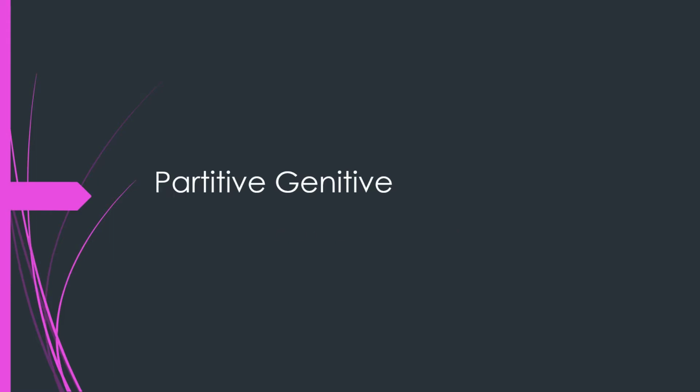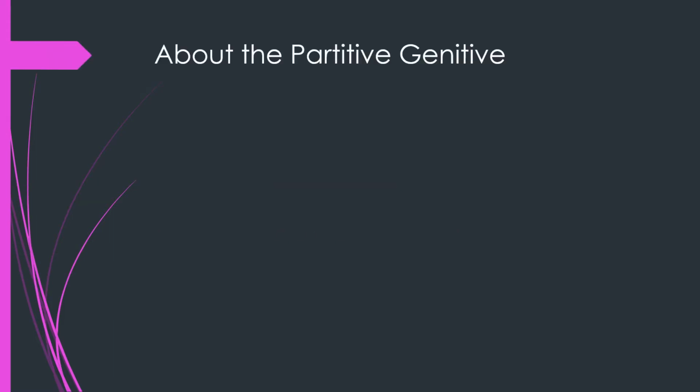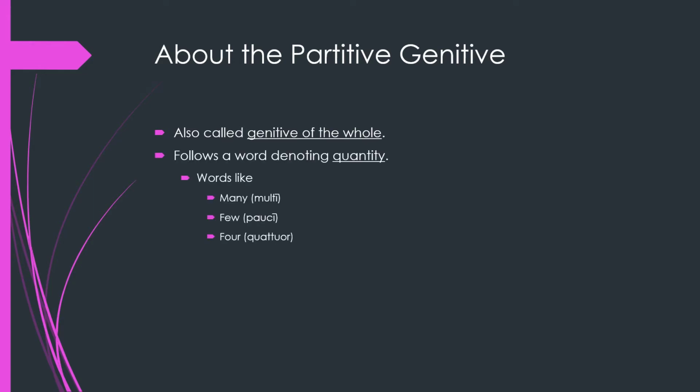So let's start things off with the partitive genitive. As far as the partitive genitive is concerned, we might also see that this will sometimes be referred to as the genitive of the whole. And that'll make sense in just a moment. The partitive genitive tends to follow words denoting quantity. So words like many, multi, few, pauci, or even specific quantities like four, quattuor, or any other number, of course,